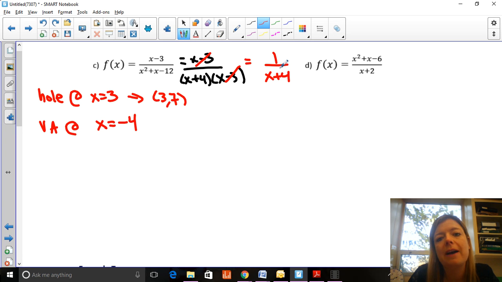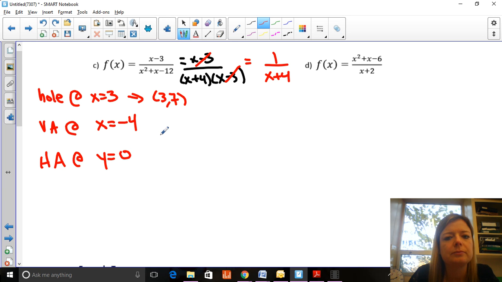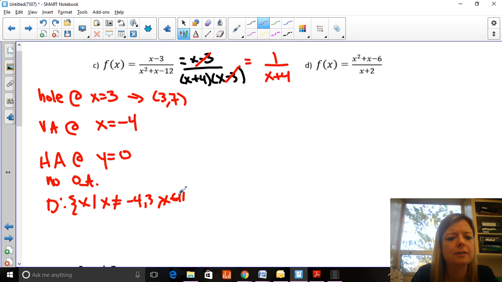Well, this is a bottom-heavy function, which means that I'll have a horizontal asymptote at y equals 0. So therefore there's no oblique asymptote. It's not top-heavy by 1. The domain then